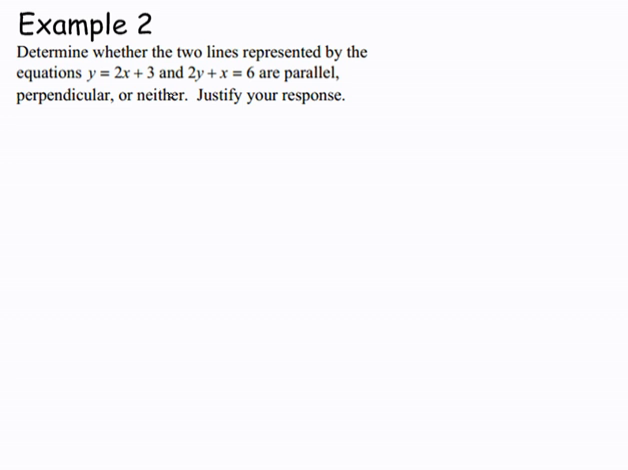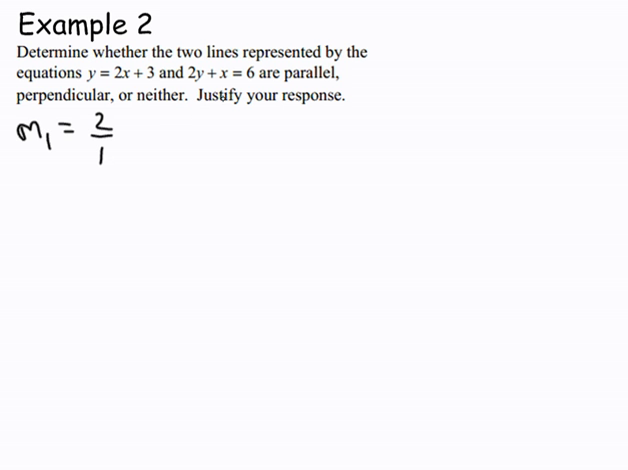It says determine whether the two lines represented by the equations y equals 2x plus 3 and 2y plus x equals 6 are parallel, perpendicular, or neither. Justify your response. So the first equation is already in y equals mx plus b form, so we know the slope of line 1 is equal to 2 over 1. Just put it in fraction form. And you always want to put the slope in fraction form. It makes it easier to tell if the slopes are the same